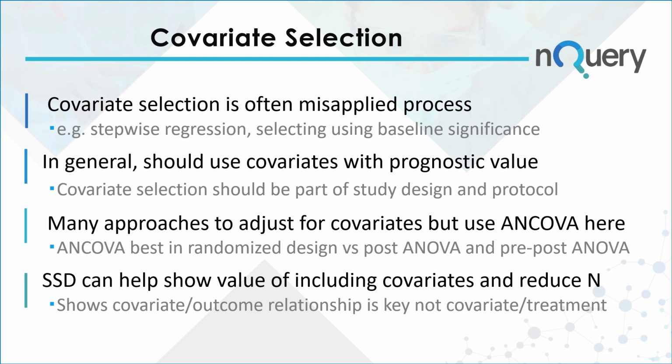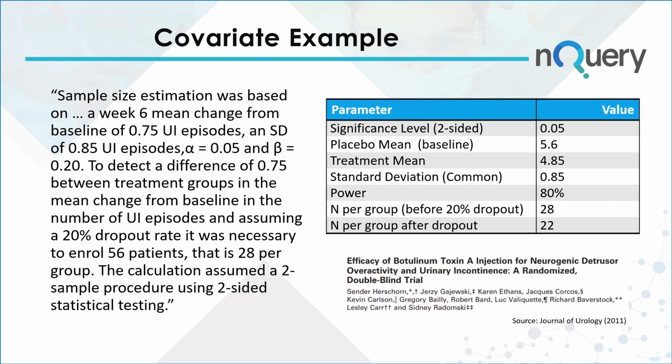The key thing is that it's the relationship between the covariate and the outcome. So let's say between age and days free of ventilator, that's the important relationship. That's the one that you want to target, and that's the prognostic factors that you should be looking to add at the protocol stage. So let's just take a very simple example here, which was evaluating Botox for neurogenic detrusor